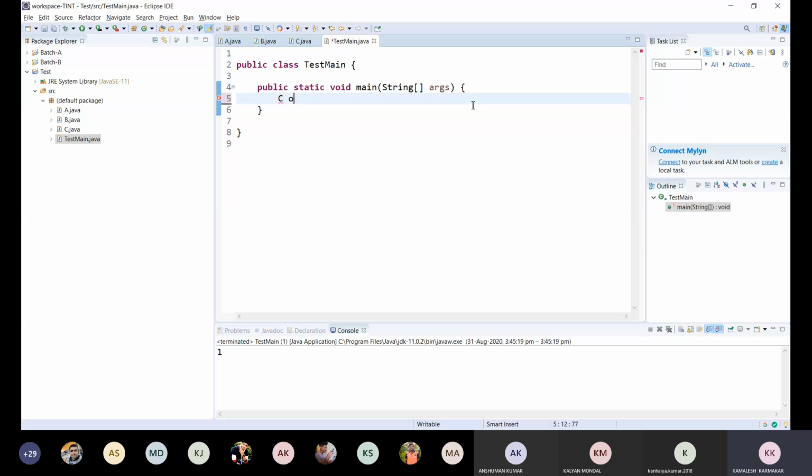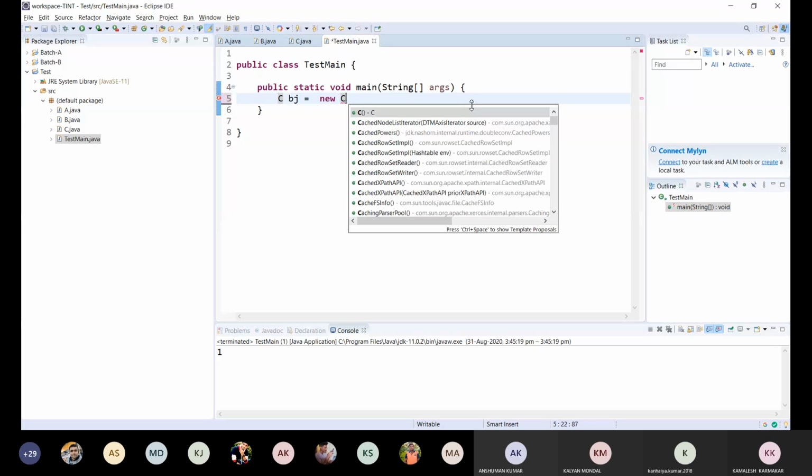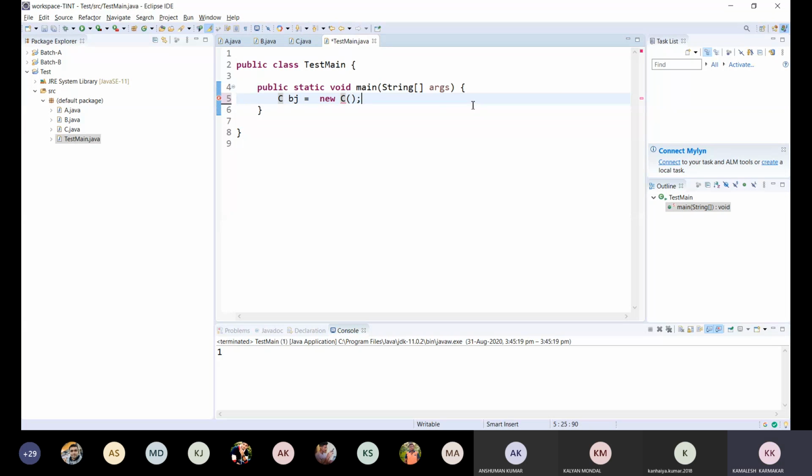So it's an object of C class, new C. I want to create an object. Okay, look at this example. This one is very important. I'm going to discuss few things here. So I'm creating an object of class C.